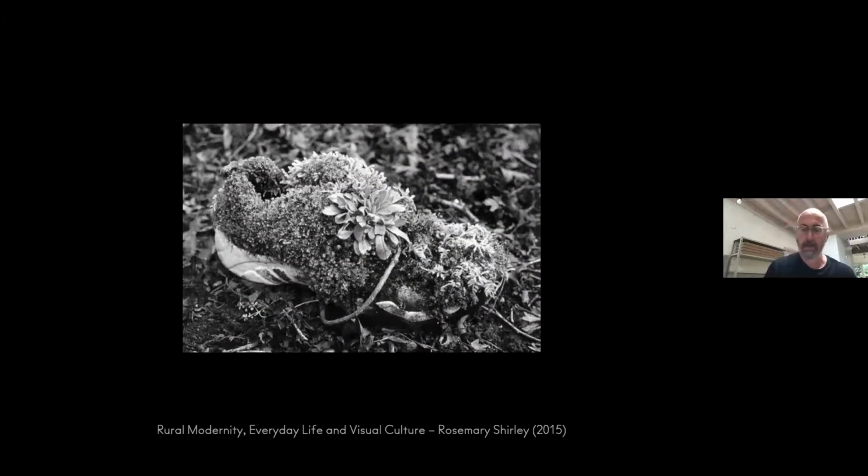And finally, another book that's been important for me across the Slacklands book, but also with an ongoing project that focuses on the Norfolk landscape with the Norfolk Broads Authority. This is an image from Rosemary Shirley's Rural Modernity, Everyday Life and Visual Culture, within which she talks about the way that editing out signs of modernity can lead to an aesthetic of rural purity as a form of